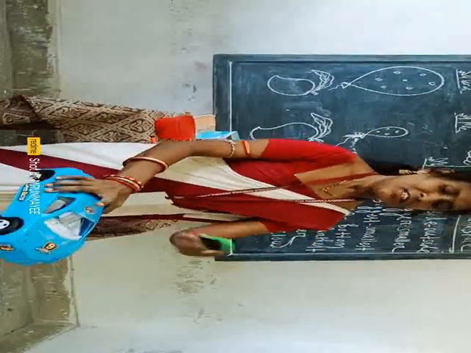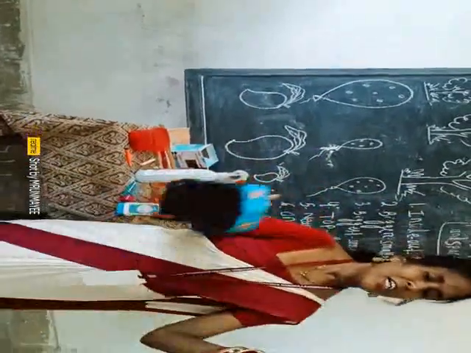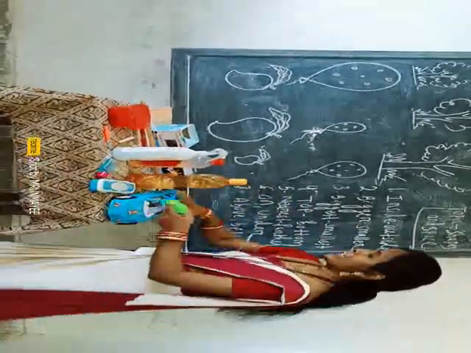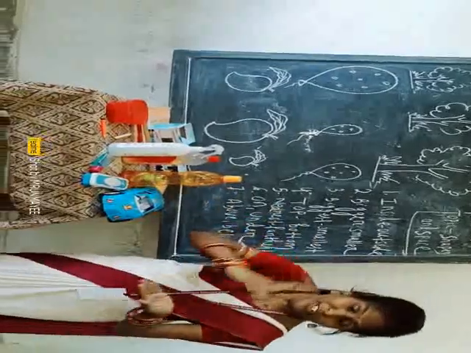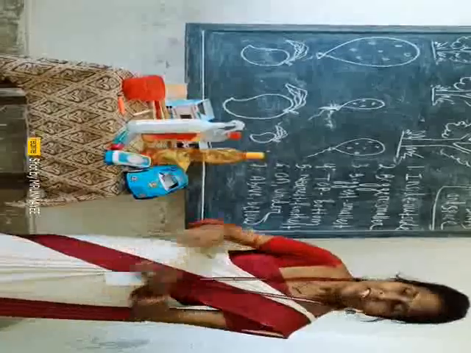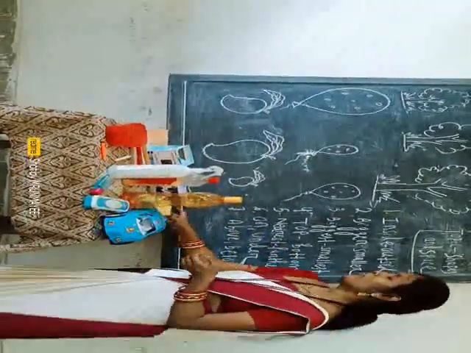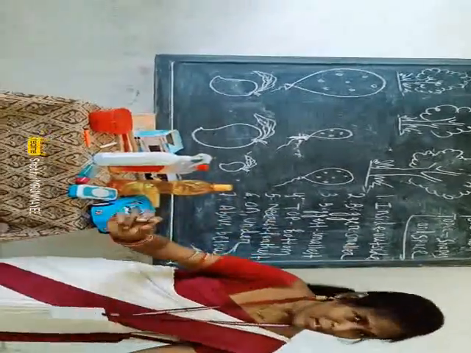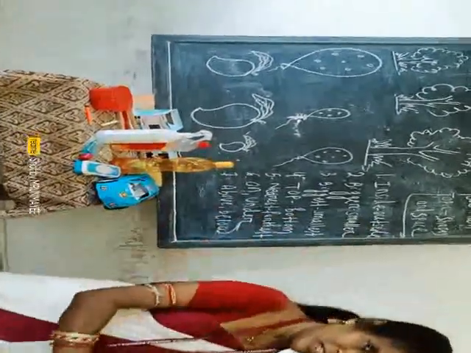Yes, you are right. Very good. This is your bigger car and this is your smaller car. Why do you say so? Because this car is big in size and this car is very small. Am I right or not? Tell me. Yes, ma'am, you are right. So already we have discussed, that means when we compare two objects, at that time we can say which is bigger and which is smaller.